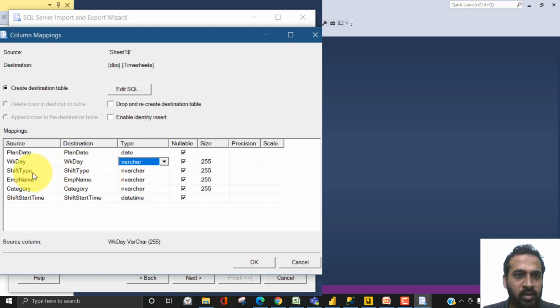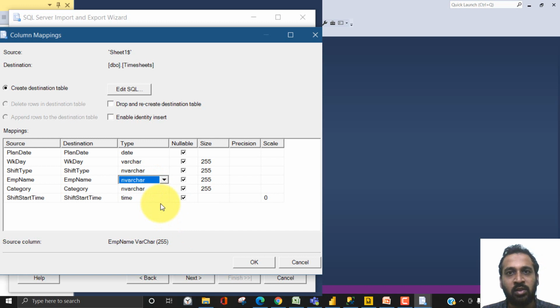And the shift type may be alphanumeric. Employee name is in varchar, category is also in varchar, and the shift time is just the time here, so just selecting the time here. So you can change the data type as well. Once we are done with this, we can't change it the next time this way. We have to do it in SQL Server.